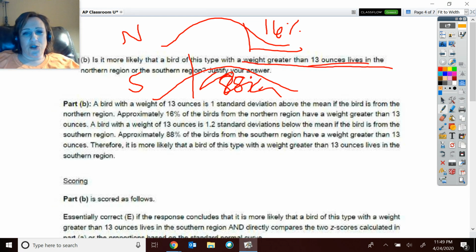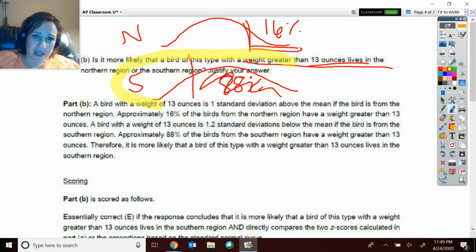Weight greater than 13 ounces. So therefore, it is more likely that the bird came from the southern region if they got 88. If they weighed 13 ounces or more, they came from the southern region. Okay, you had to say it came from the southern, and it's because it had more area that was greater